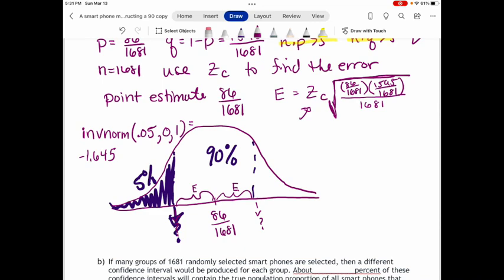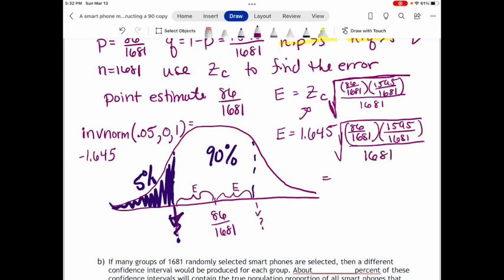So I know that I'm 1.645 standard deviations away from the center. Now, I don't really care about the negative because that's going to come into play when I add and subtract. What I'm really looking at is the distance from the center. So my Z critical is going to be 1.645. I'm going to multiply it by the square root that I just set up. Okay, when I put that all in on my calculator, I'm going to get that my error is